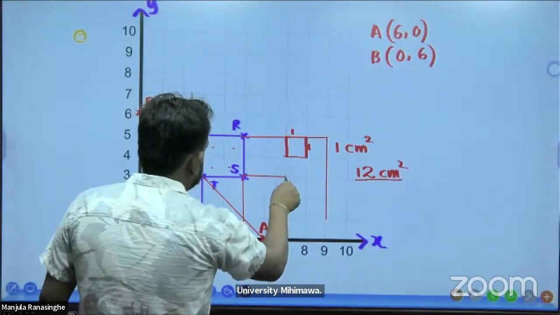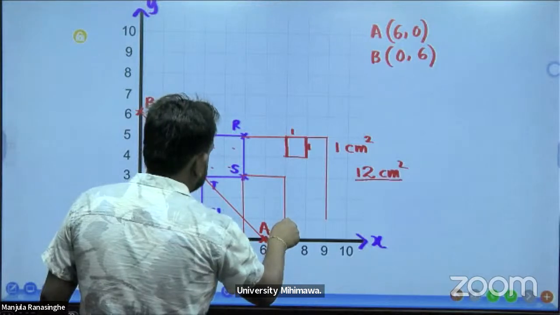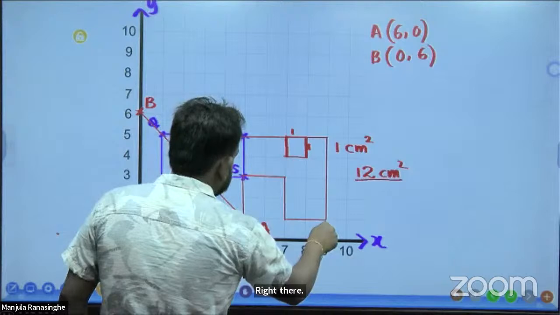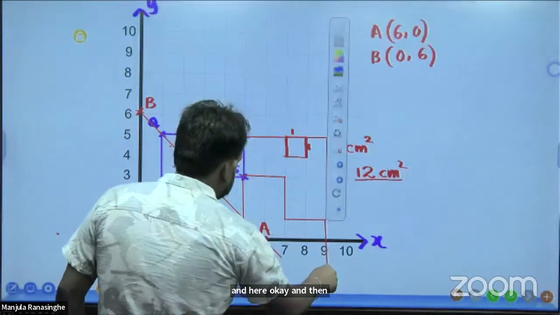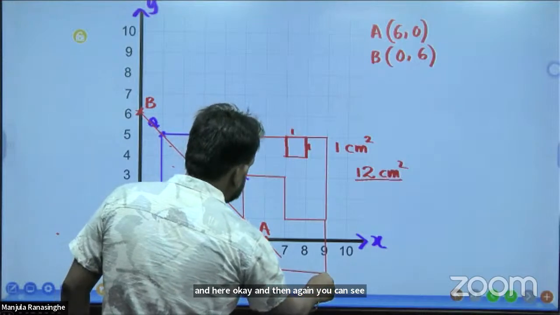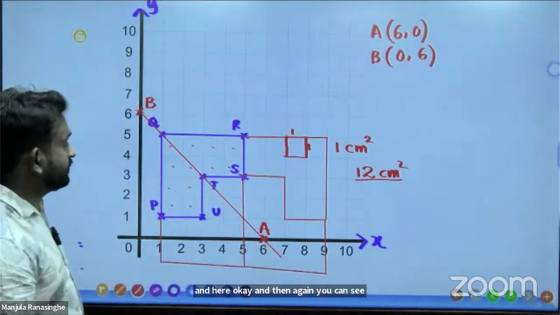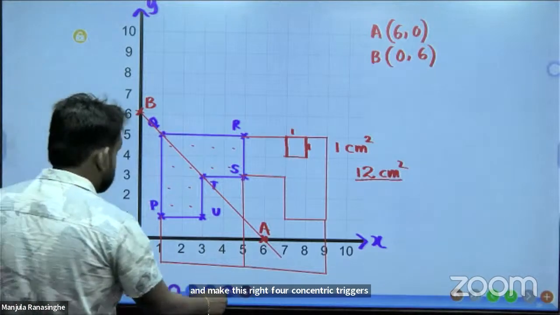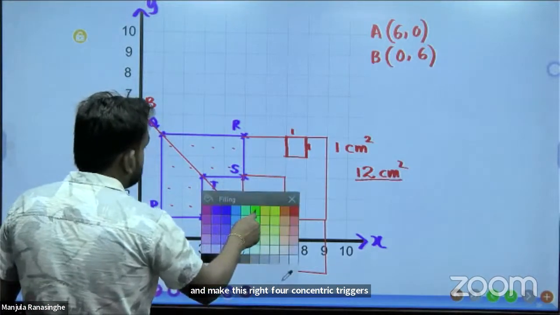Right then and here. Okay. And then again you can see in this manner, and make this right. 4 concentric figures are there. Look, a very nice question. So I will